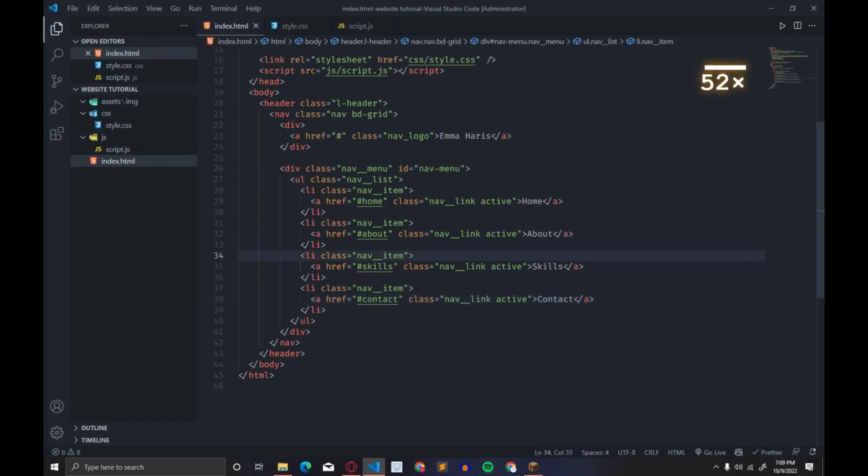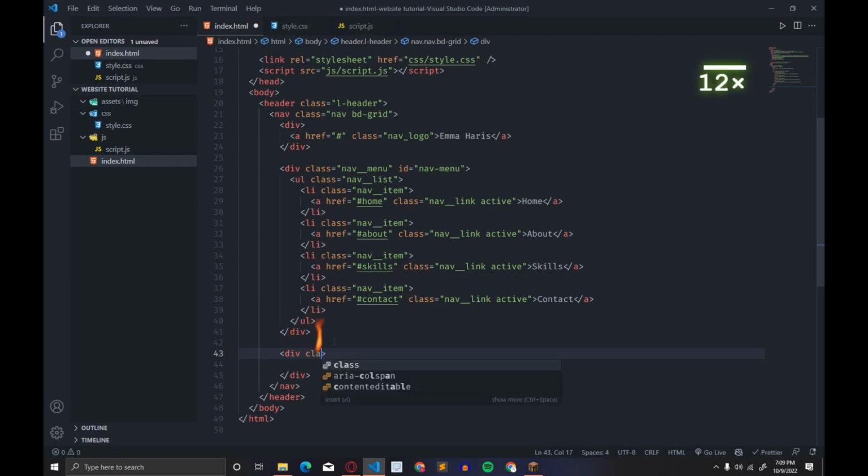So let's press Control S to save, and after that guys we have to do a little bit more. For that we have to just close this div, not close, after this div we have to create another div for the responsiveness of the nav bar, and here let's name it class nav underscore underscore toggle, like this. Then id of nav toggle, like this, and inside that let's add an i tag, and here we have to add a class,